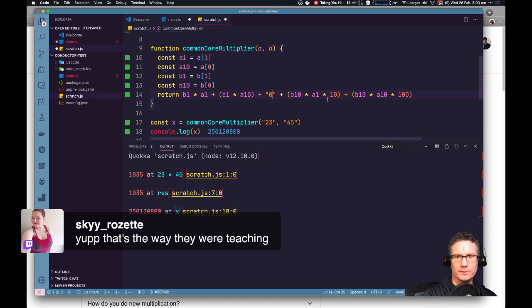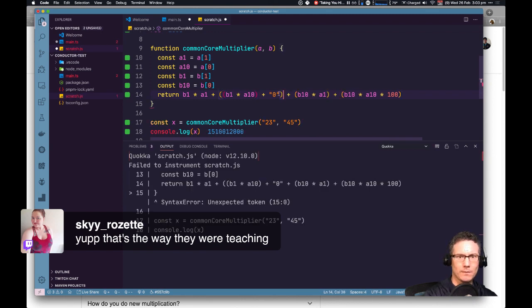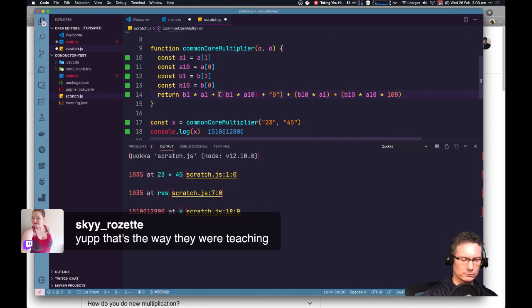Oh, JavaScript is amazing. At that point, it's going to be a string though, so we need to coerce it to a number. So to coerce it to a number, I can do this. You sure?